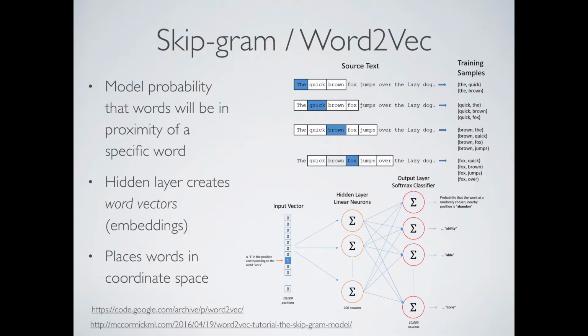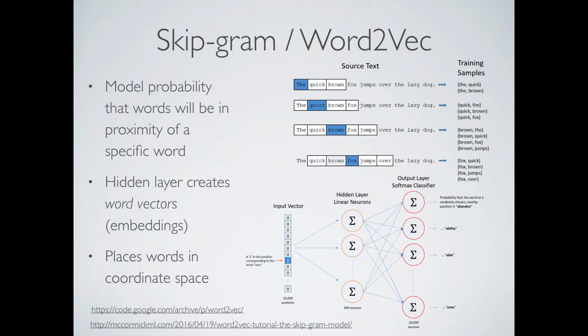So what Skip-Gram is basically a methodology and an algorithm, and it's popularized by Word2Vec, which is something that Google created. They basically created a neural network to learn from a whole bunch of text data, like Google News or Wikipedia or something. They took massive amounts of data, and they found where words were being used within the context of other words.